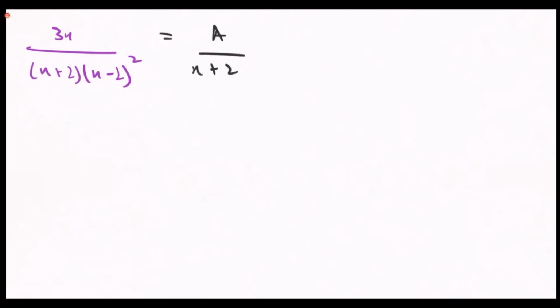For example, if we have repeated roots, I am writing the equation 3x divided by (x plus 2)(x minus 2) square. So we all know that it can be written as a over x plus 2, plus b over x minus 2, plus c over (x minus 2) square. Why have I written x minus 2 square and x minus 2 separately? Why have I done this?